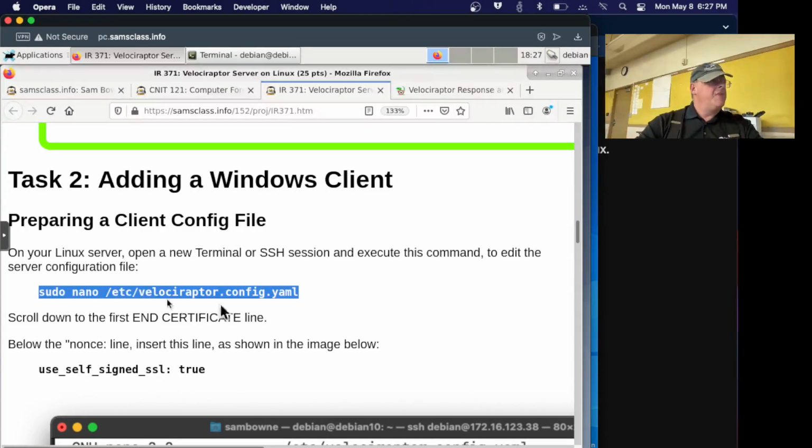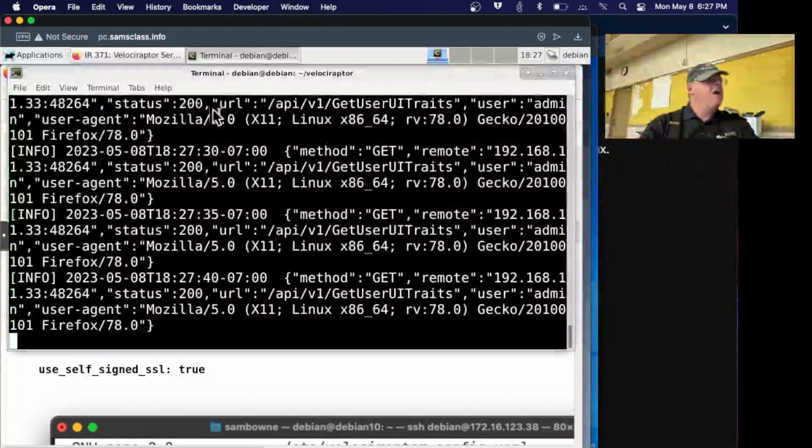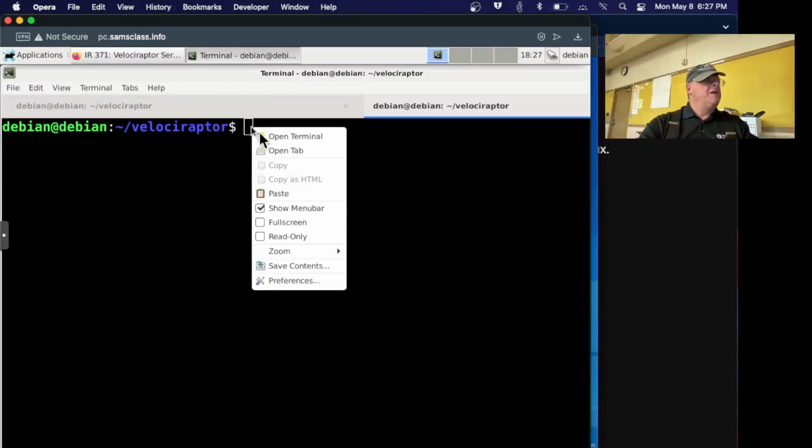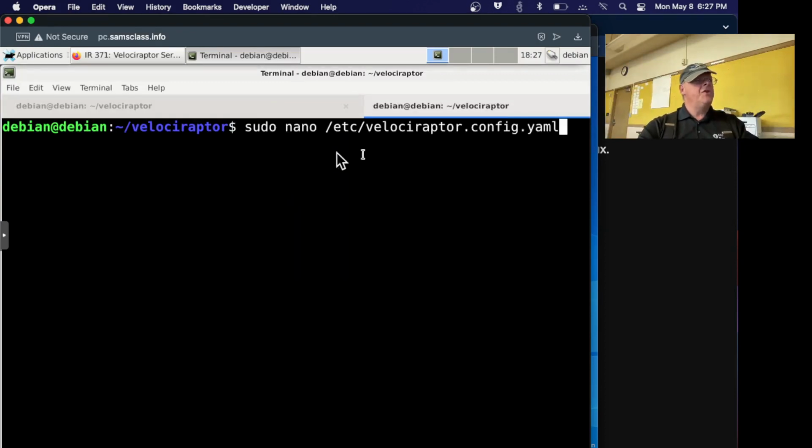So I could stop the server, but I guess I'm going to leave the server running. I think that's fine. I can probably just leave it running and have a new tab. All right. And so this is going to edit the configuration file where we put it in the